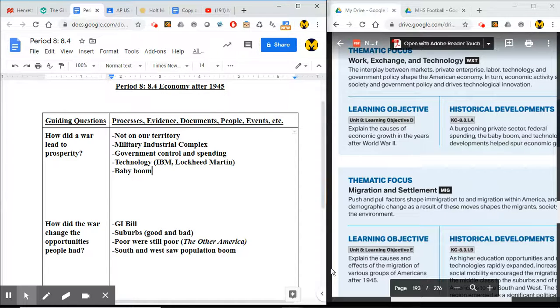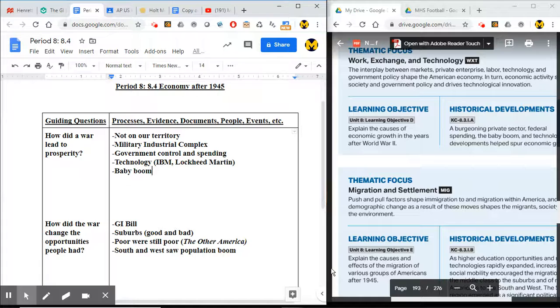And if you were to ask me what decade I would like to live in modern U.S. history, the post-war 1945 to 1955 would probably be it. And yes, we had our troubles. We'll talk about that a little bit. But for a lot of the nation, things were going well.